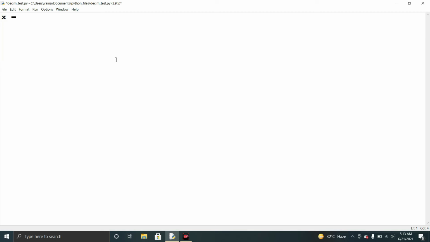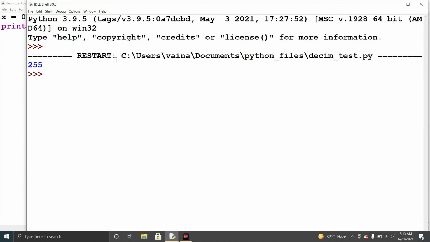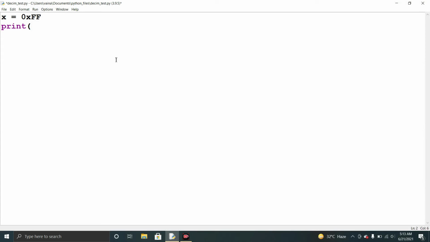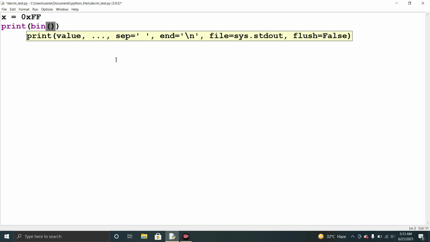Suppose we have a number 0xff. This is hexadecimal, and if we just print x, we get the output 255. Suppose we want to convert it to binary, so we take the binary of x.